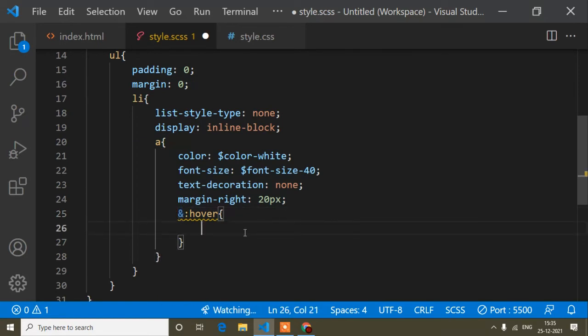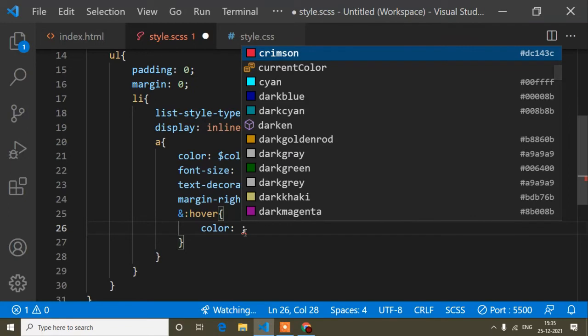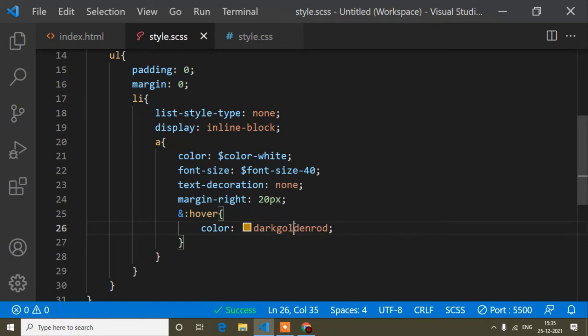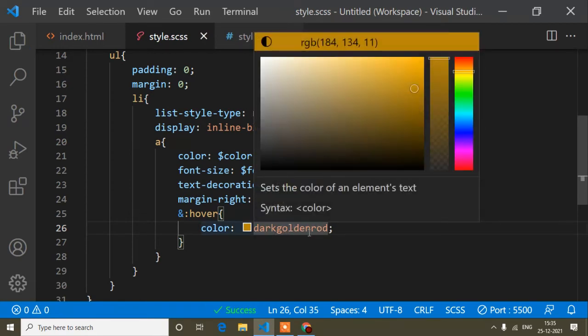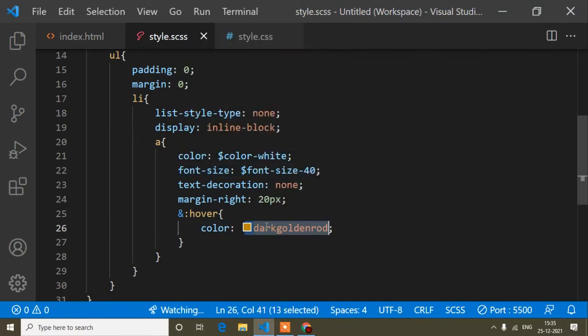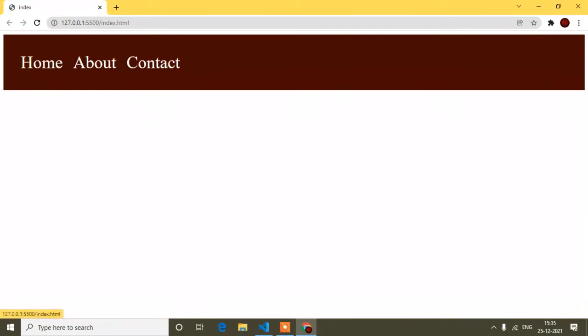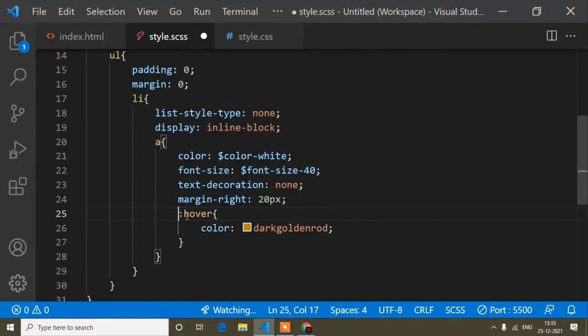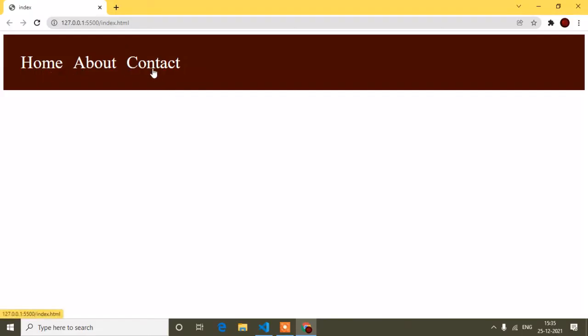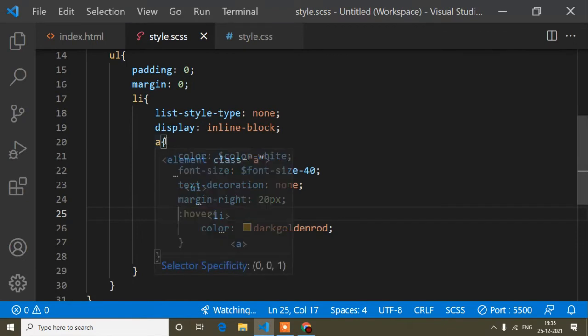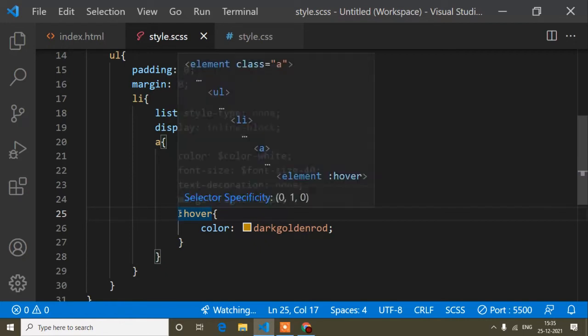So when I hover this anchor tag, suppose I want to change the color to this yellow color. Okay, if you think this color is a very common color, and you will use this color most of the time, you can define it in a variable. But now the variable concept is clear, so I'm not defining it into a variable, I'm just showing hover. Okay, so save. If I hover, you can see. But if you write only hover here, you will find it does nothing, because hover is not a child of this anchor tag. When I just hover on the anchor tag, that's why we use the ampersand.